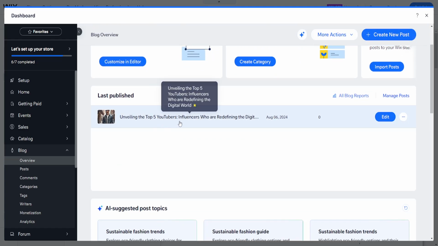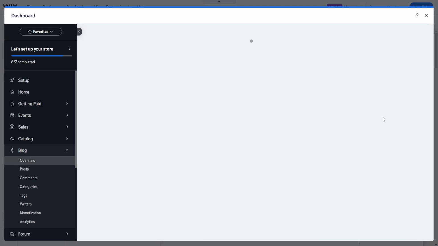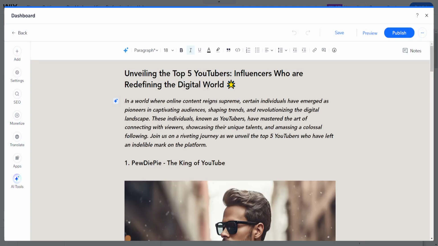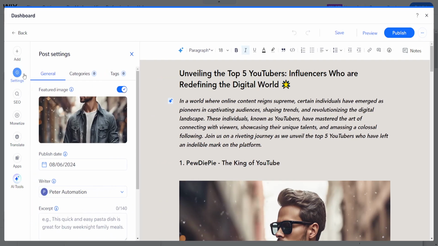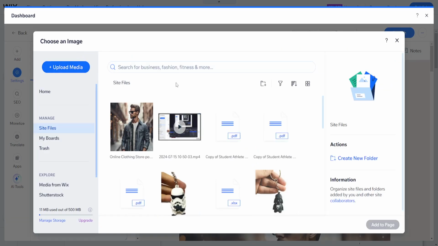So we want to find the blog post for which we will change the thumbnail image, and just click on Edit here to the side. Now from the left hand side we want to select Settings, and it will show you the featured image right here. Simply click on Update, and it's going to load up a gallery of all of our files that we